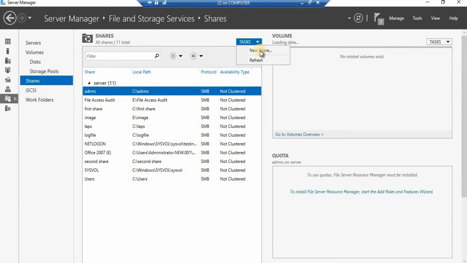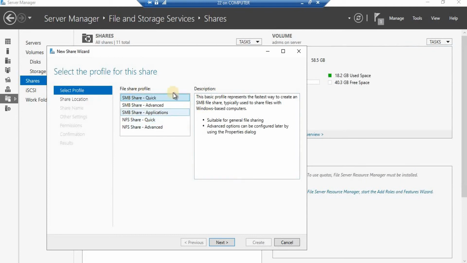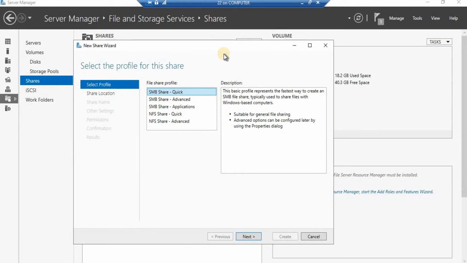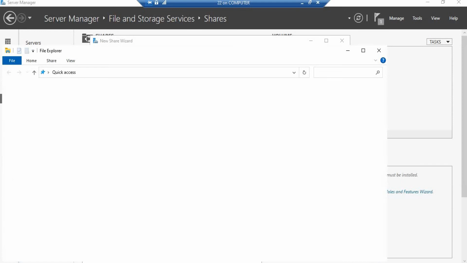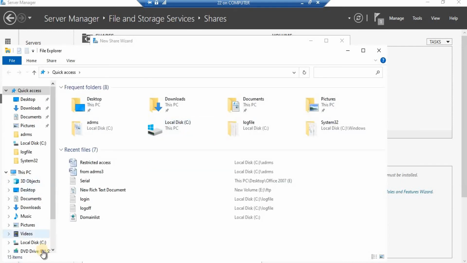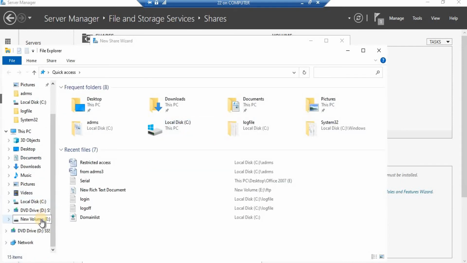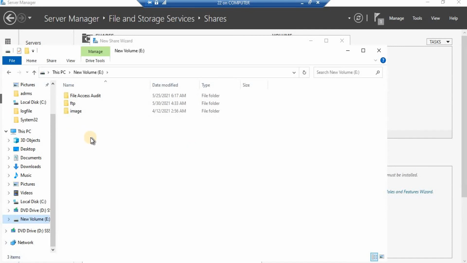Let's go to Tasks and New Share. Now, as I told you, normally whenever we share any kind of files or folders over the network in a client-server architecture using the Windows Server operating system, we always use SMB share. Now since NFS has been added, we are going to see this NFS. If you'd like to know about the previous folders that have been created, and I'm interested in sharing that folder as well using NFS, so that the other operating systems also can access that file,